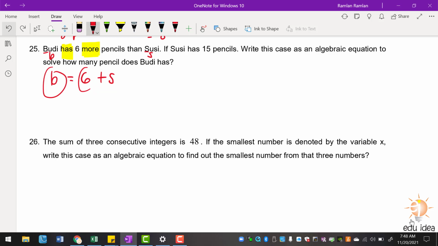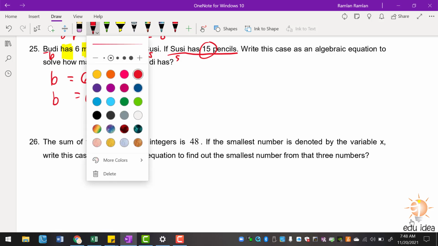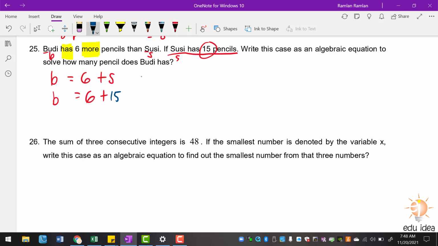Okay, and then after we write down the equation, we have the second sentence. If Susie has 15 pencils, it means that we can substitute the value of S by 15. S equals 15, so let's substitute that. B equals 6, and then S becomes 15, because Susie has 15, so B is equal to 6 plus 15, which is 21. And then please, because this is a word problem, you need to write down a sentence to make a conclusion. So Budi has